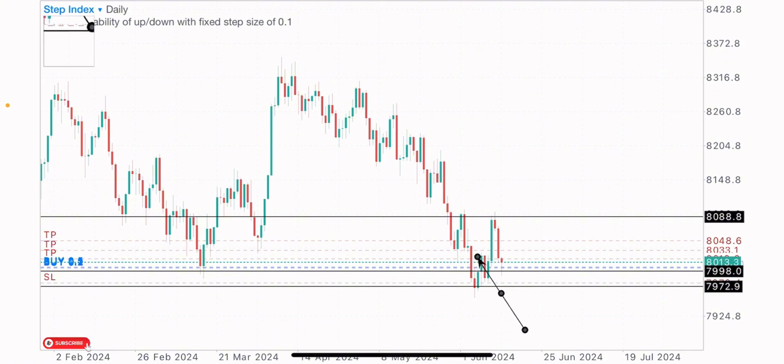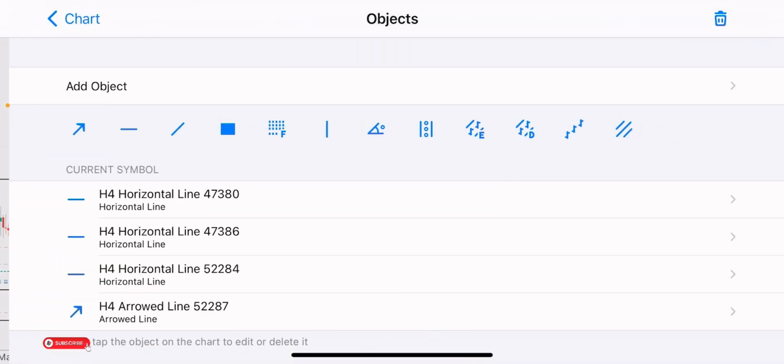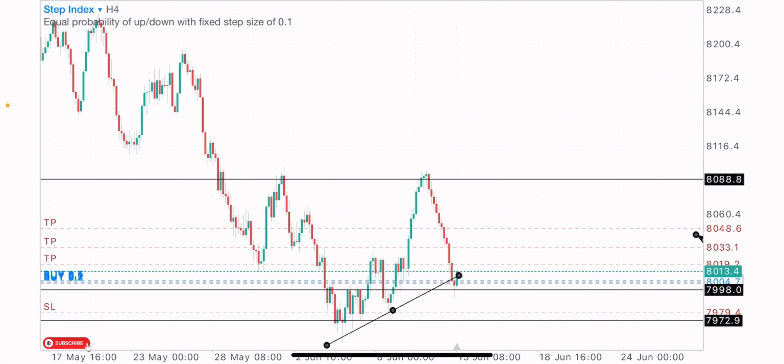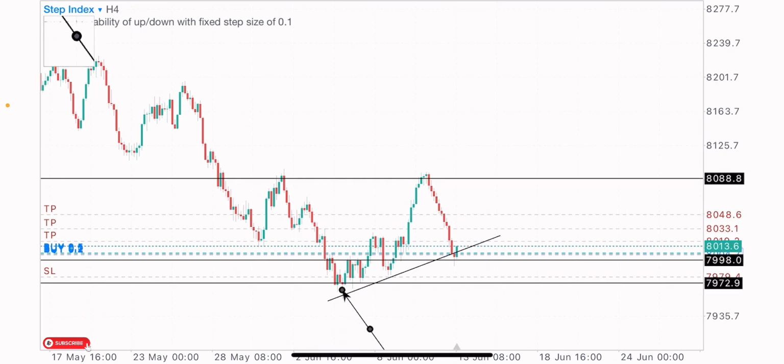So you can see that on these buys we got here, another block was formed on the daily time frame, which is a rally base rally, which I expected price to sell into for the buys. So I looked out for buy opportunities at this point, and on the 4-hour time frame, we got the market creating this higher lows formation, which is a bullish structure basically. So I was like, if markets can form a low here, another low, a higher low, 3 higher lows at this point, and the 4th higher low here, adding to our trend support on price selling back to this zone, we have possibilities of getting the buys on this level. So it was at this zone I looked for buy opportunities.